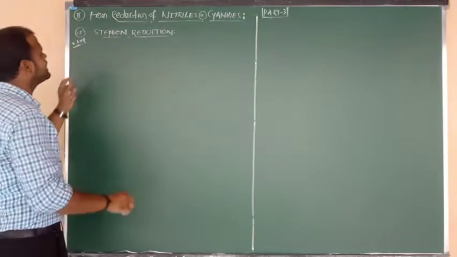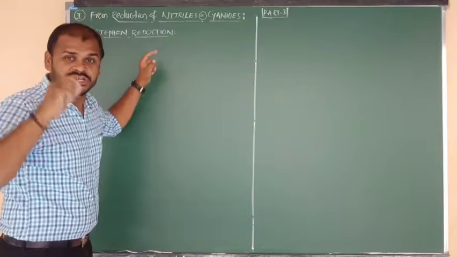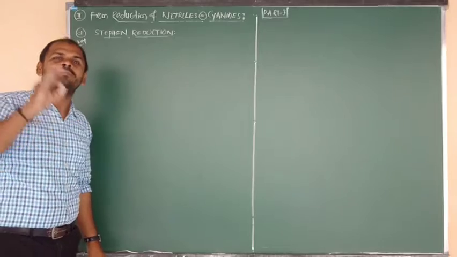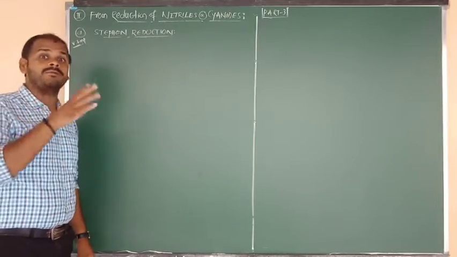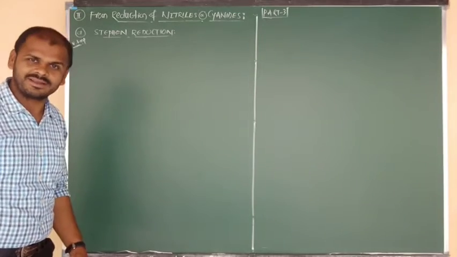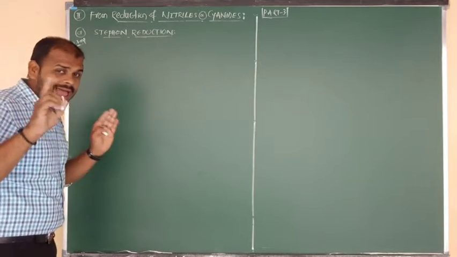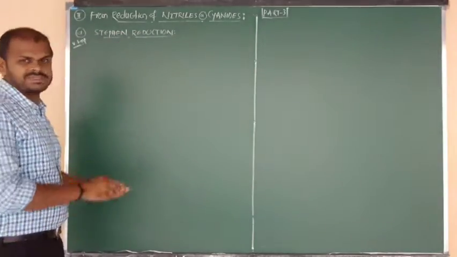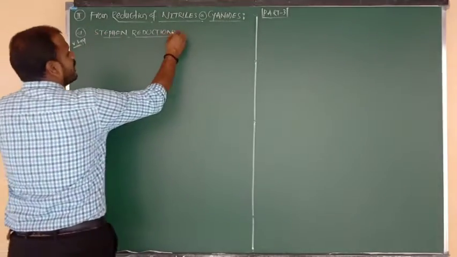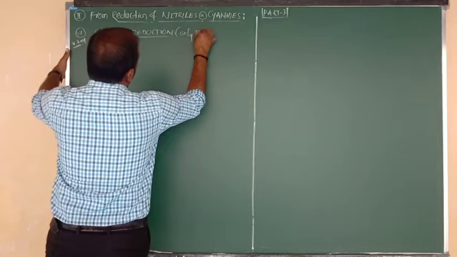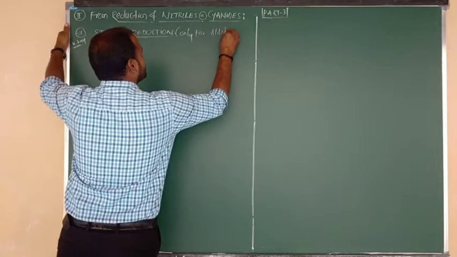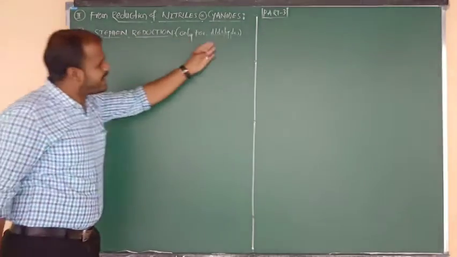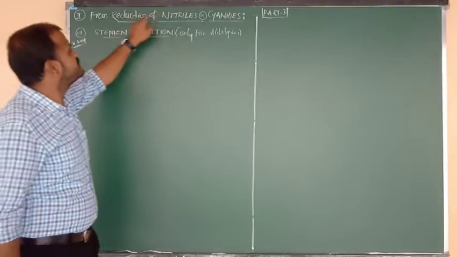So in that, the first method is nothing but what, beta? Stephen reduction. What is the reaction? Stephen reduction. Very important, same like Rosenmund reduction. Both are important. Clear? Listen carefully. Yesterday I told you Rosenmund reduction is only for the preparation of aldehydes, and this is also the same thing. Stephen reduction is also only for the preparation of aldehydes. Only for aldehydes, beta. It is not fit for ketone preparation. So how to prepare aldehydes? By using Stephen reduction and using nitriles.